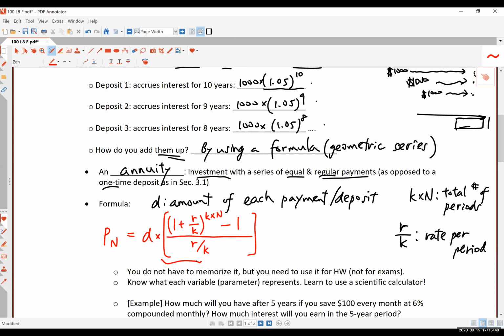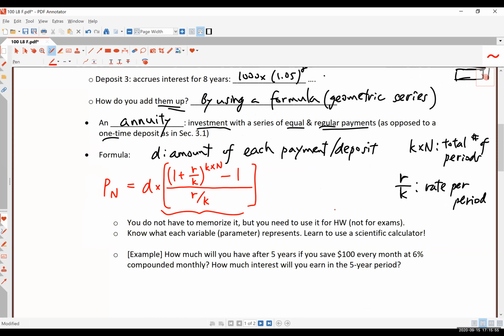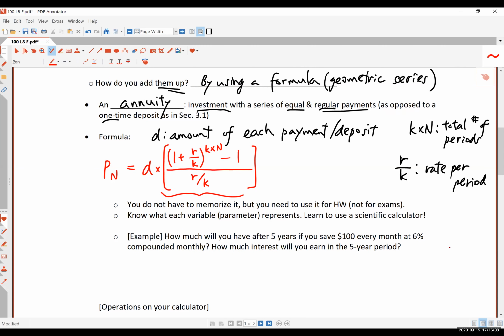Okay, so this part, of course, is the most complicated part. You should calculate this part first. I will show you step by step how to enter these things on your calculator or scientific calculator, and then multiply this by D to get your answer, okay? So I know it sounds frustrating, and if you don't like numbers or calculations, this looks really scary, but